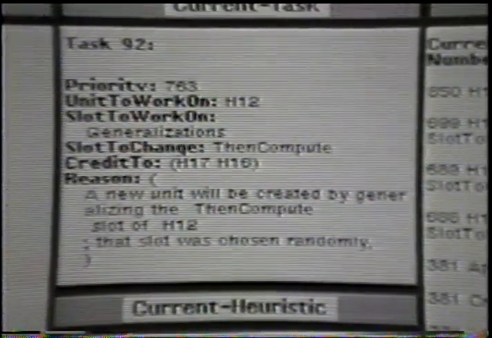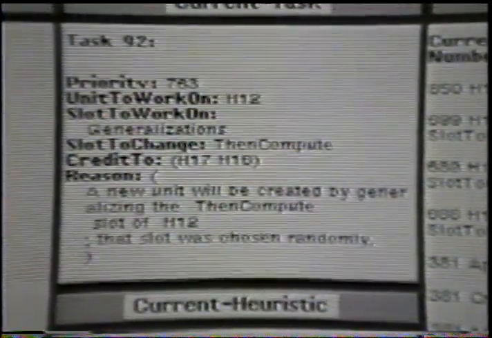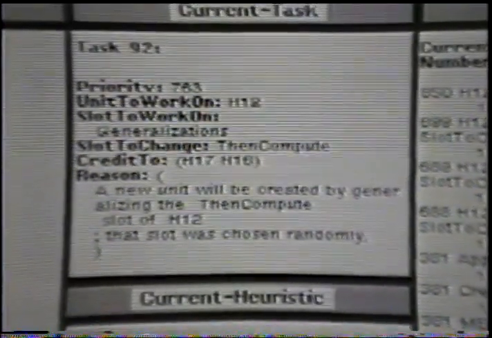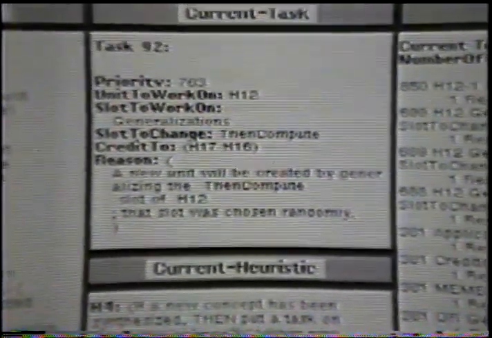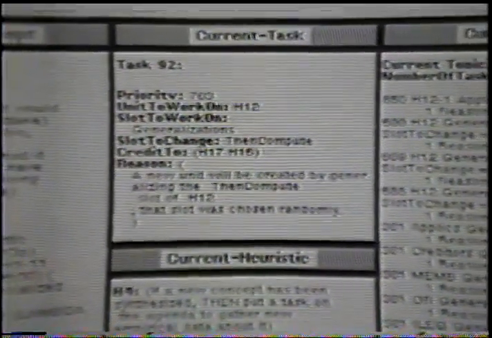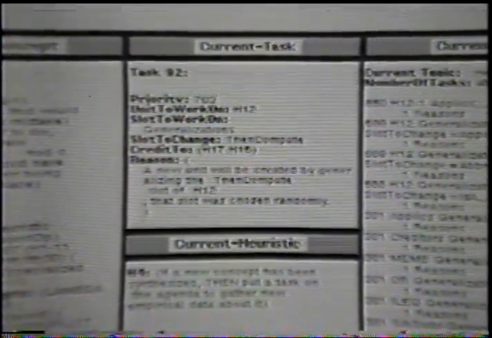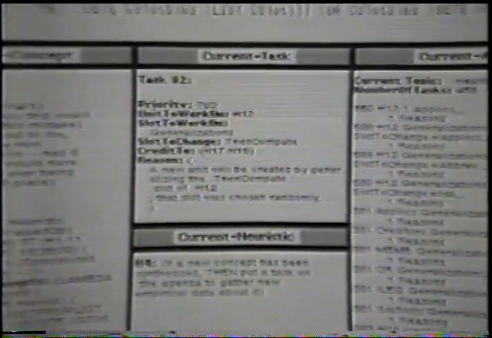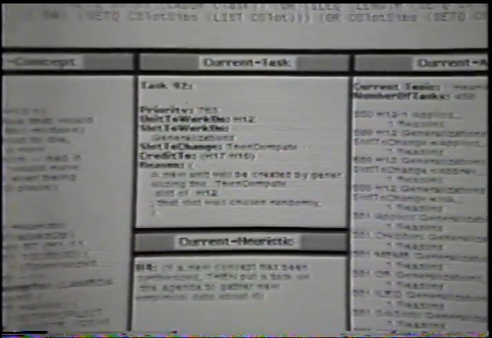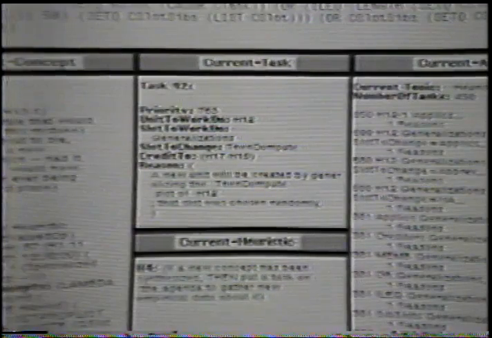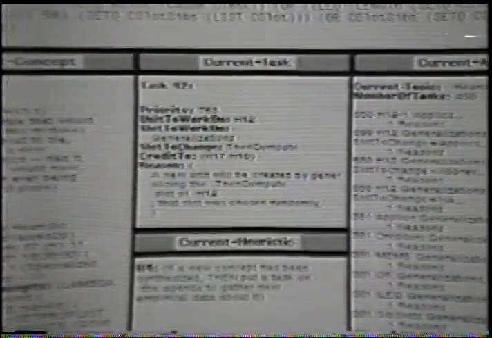H12 was a heuristic which said, if you've gotten into a bad situation, then create several new heuristics, any one of which would have been capable of avoiding the situation if only you'd had it sooner, and presumably avoiding similar situations in the future.